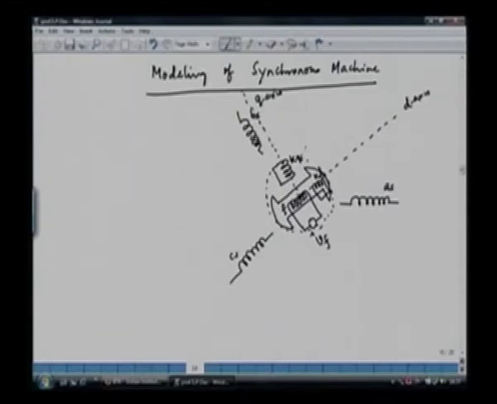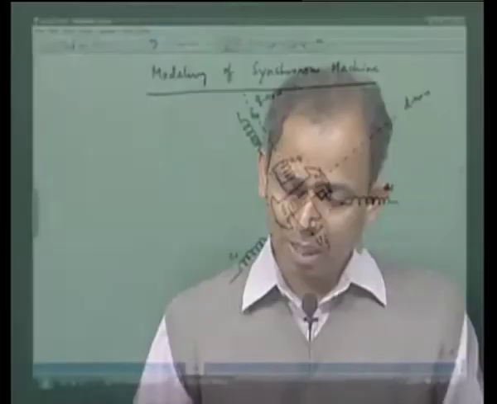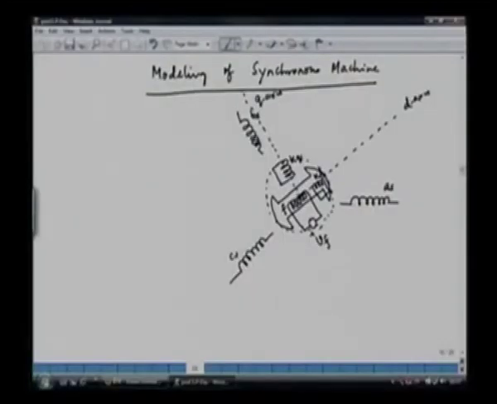So we have a little complex situation. Instead of a cylindrical rotor, we have a salient pole rotor, and the rotor has got DC windings as well as windings like induction motors, which are called damper windings. So when we simulate this machine, we take the help of the rotor reference frame. So what we will do here, we will choose the rotor reference frame for simulation,